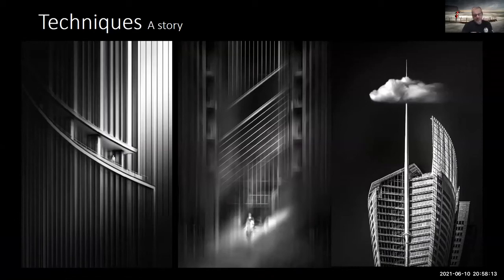So one of the things is that the images having the same size format helps, because then the judge doesn't have to swap and change between different formats that he's looking at. They've got to have a similar style and a similar sort of feel, and then you're across the line, because the differences aren't a distraction, and then you can concentrate on the story. So in this case, the story of the left-hand image is how impersonal a curtain wall facade in a city can be, and how out of place a person is on that facade